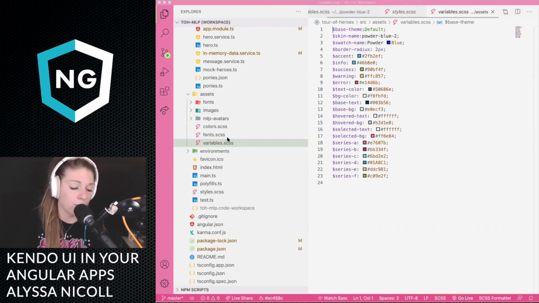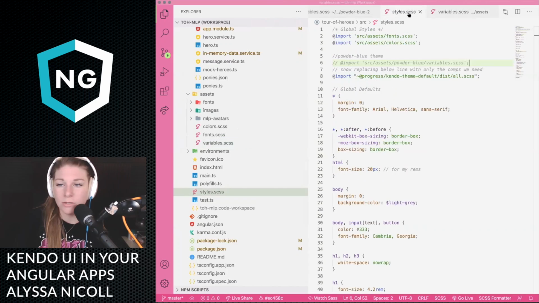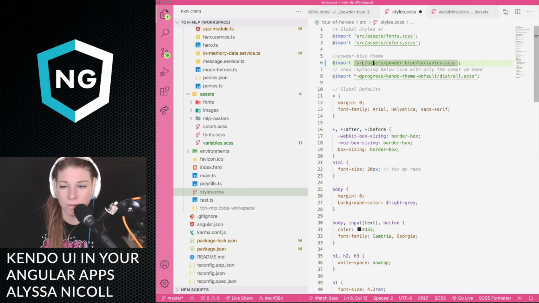We could probably get a little bit more fancy with our organization here in assets, but for now, I'm okay with it. And we need to move this bar. Okay. So now when we go back to our styles, we are literally just going to add this import from source assets powder blue variables.